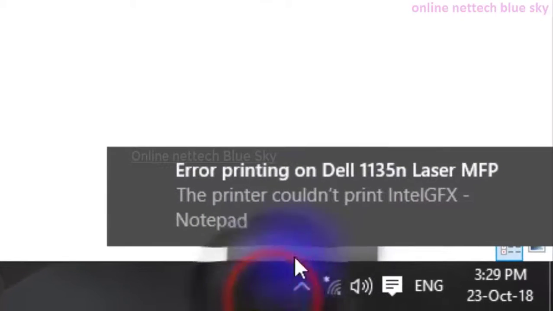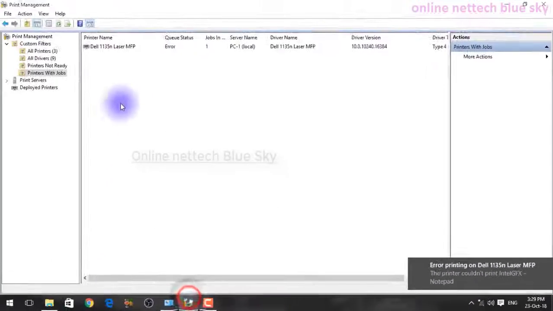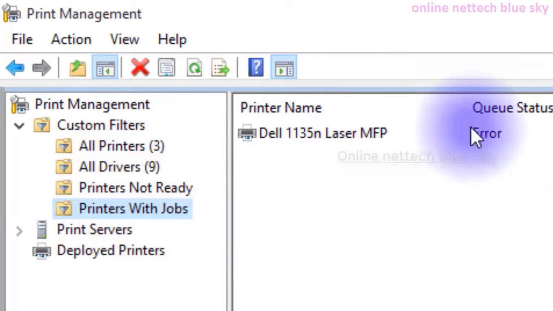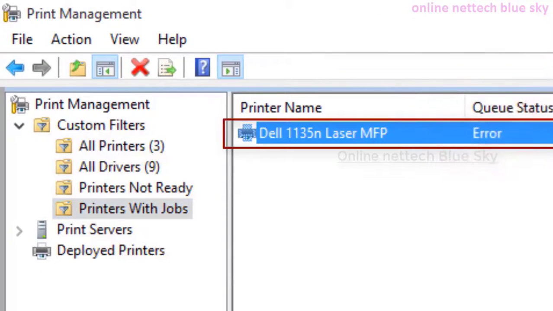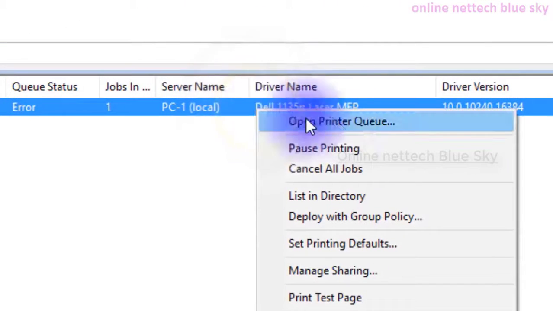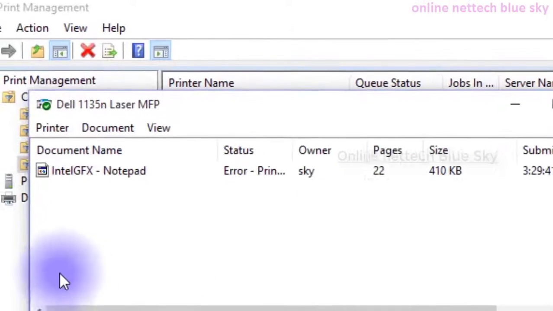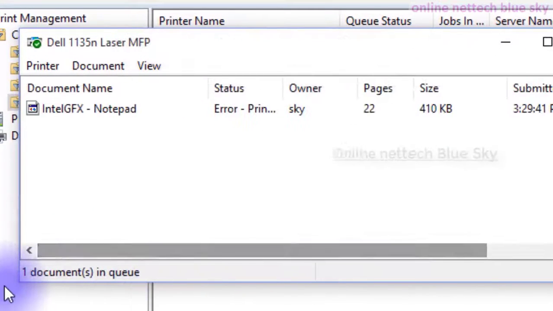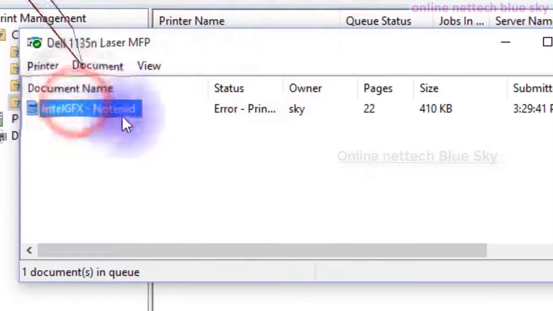I give this error because I'm giving the print command. The printer is not working for printing because I have already powered off this printer, but I'm just showing you.